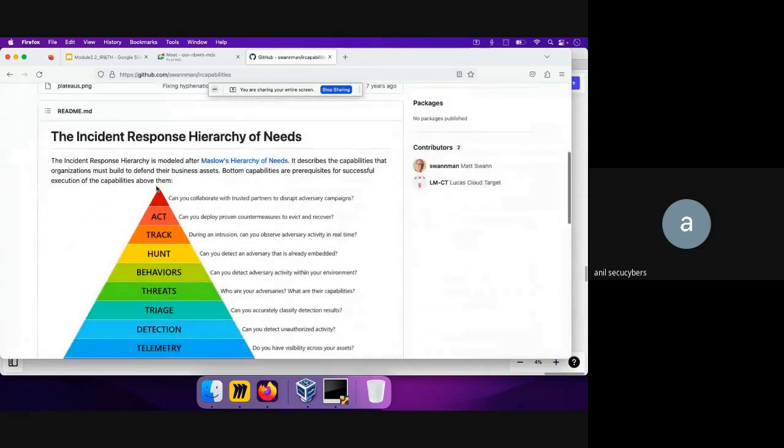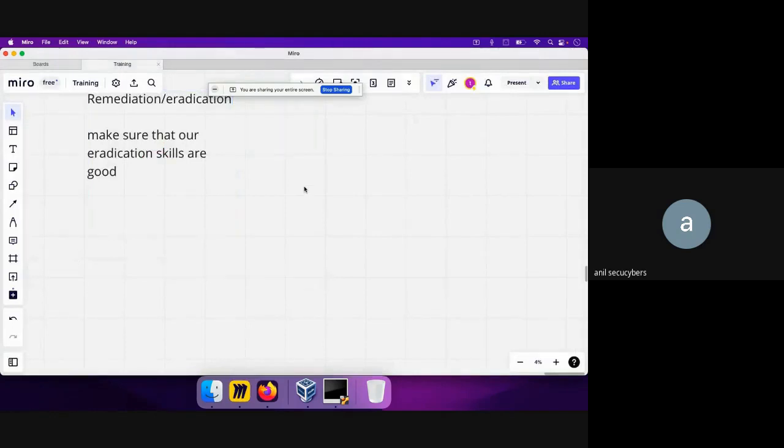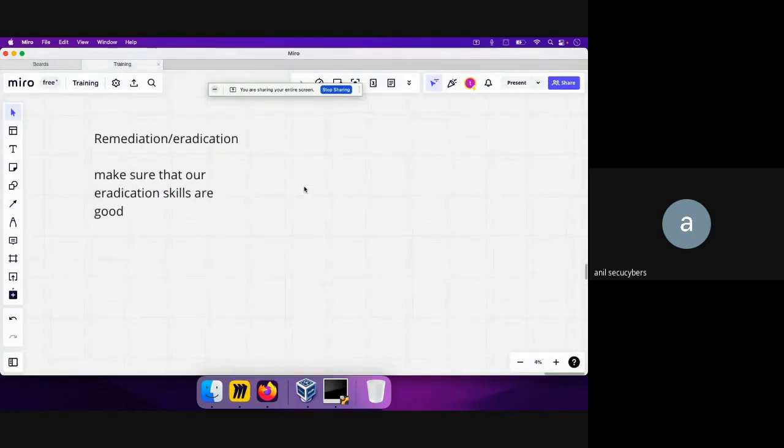So this is what I mean. So how can we make sure that the remediation or eradication is good? This is how we can make sure of that. So what we are going to do is,